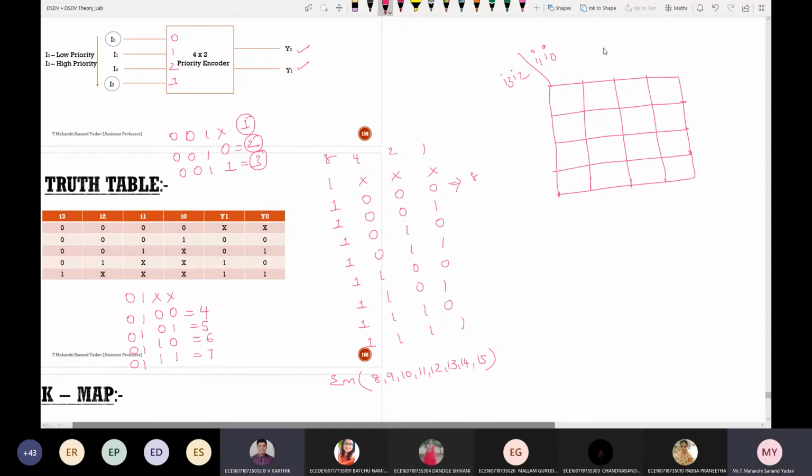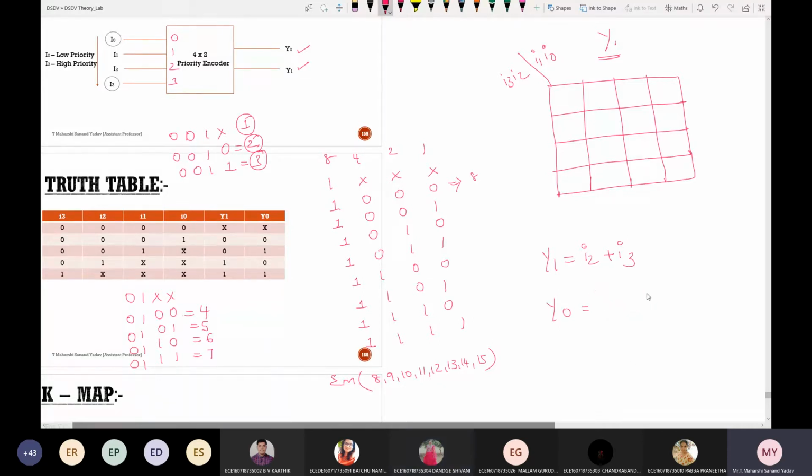So for Y1, you are getting Y1 is equal to I2 plus I3. What about Y0? Please solve it and tell me the answer. I1 plus I4? I4 is not there here. Only I0, I1, I2, and I3.